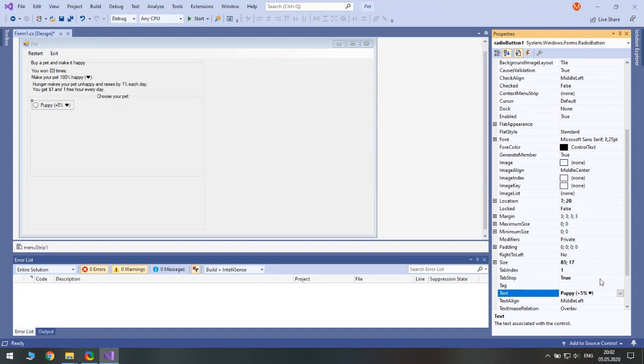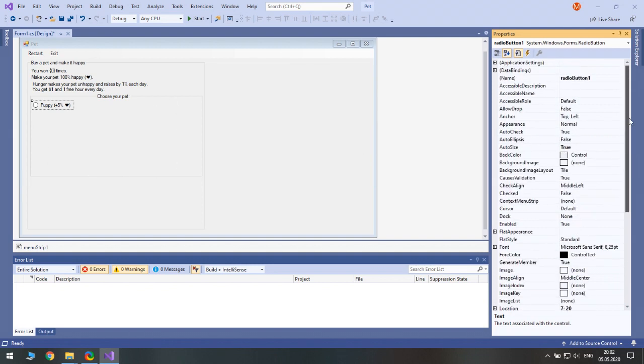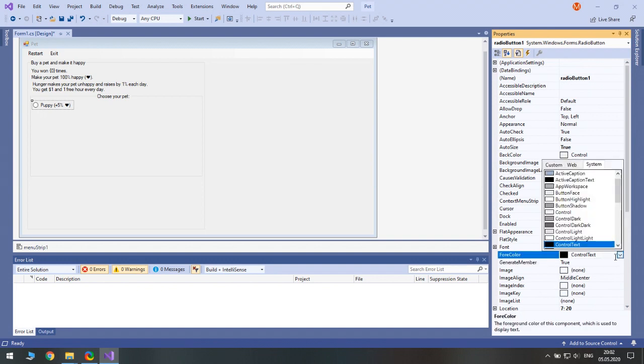Okay, and alright. And next, let's make all our choices in different colors. So we need four colors, and we will use web colors. Let's choose something blue, more blue.